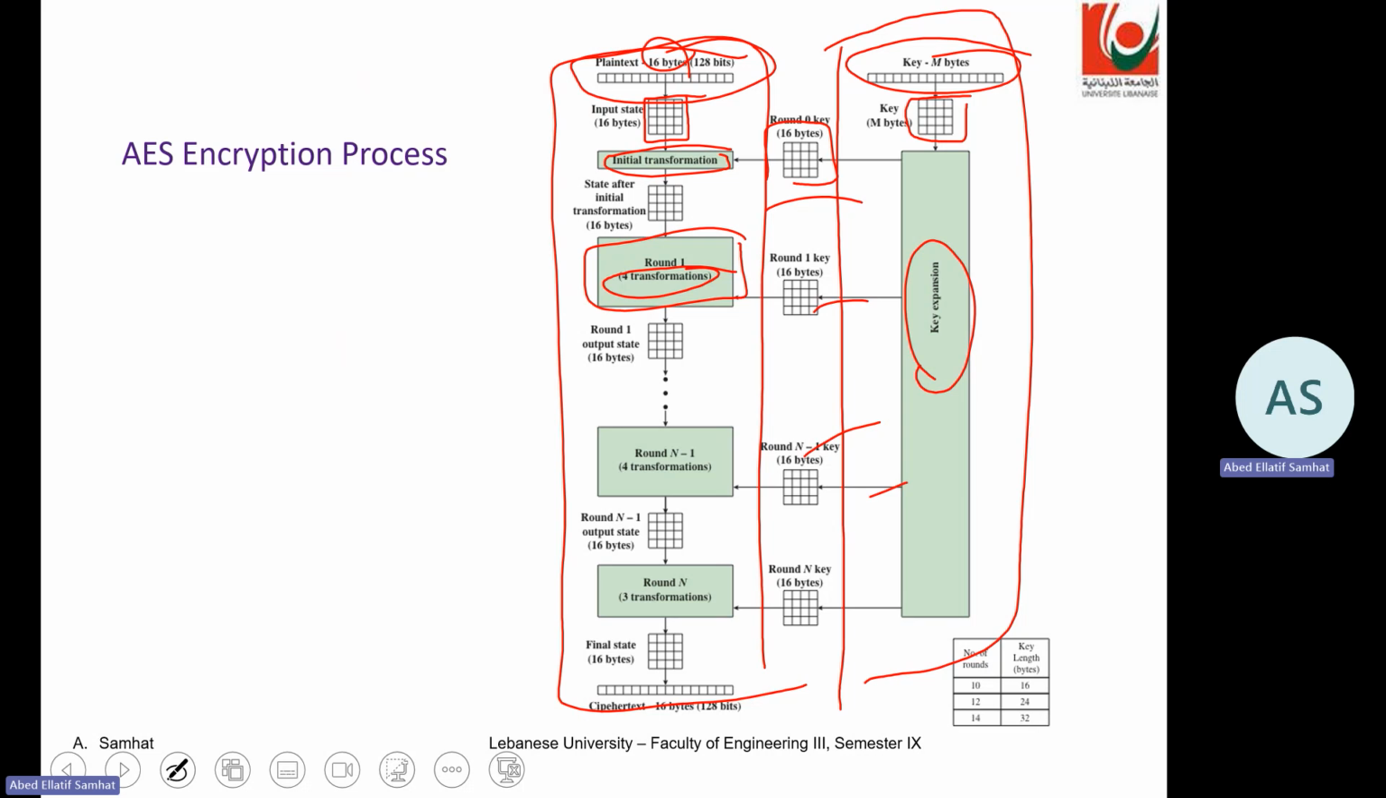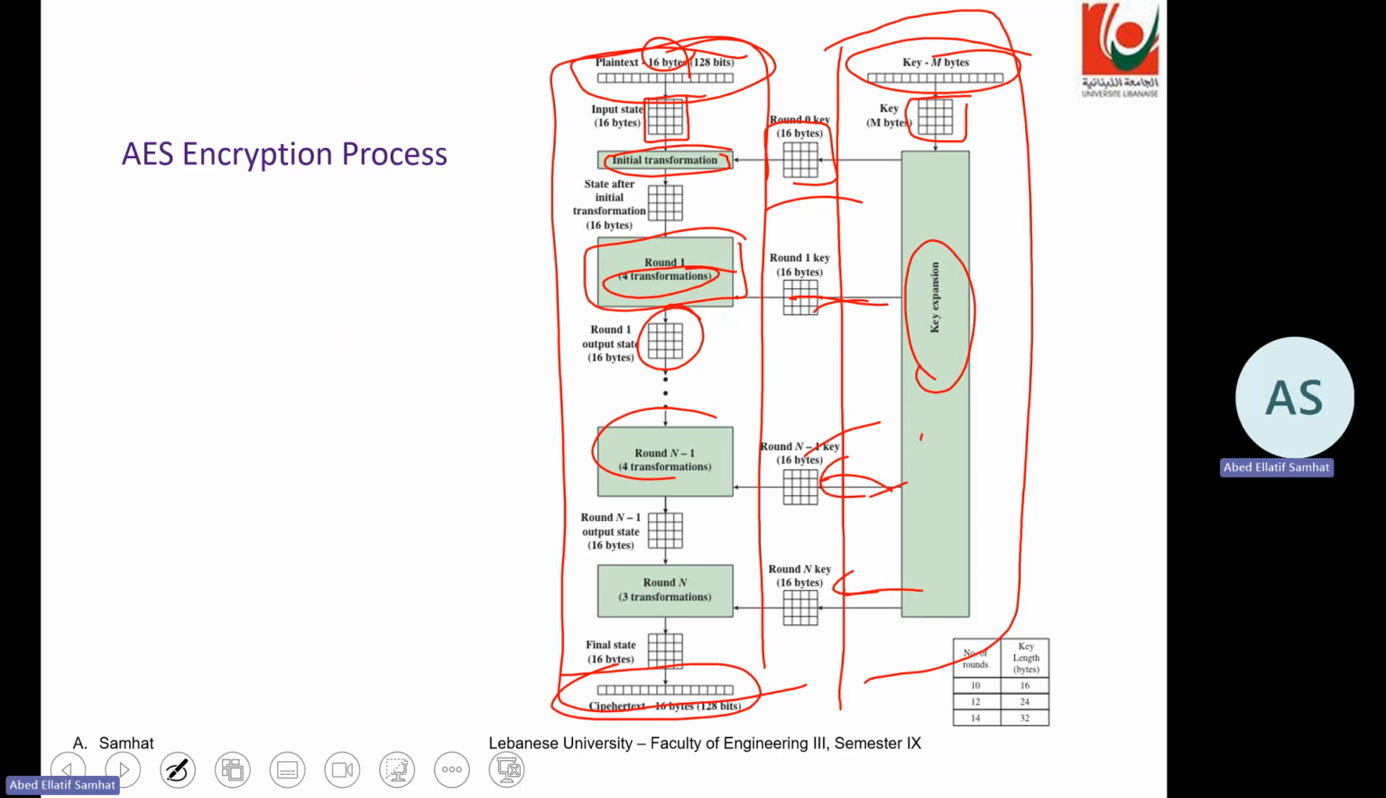And after that, you obtain the output after round 1 and so on. In round 2, you apply the key 2 and so on. At the end, you will have the ciphertext. Okay. So this is the process of encryption, and here you generate, as we said, different keys for the